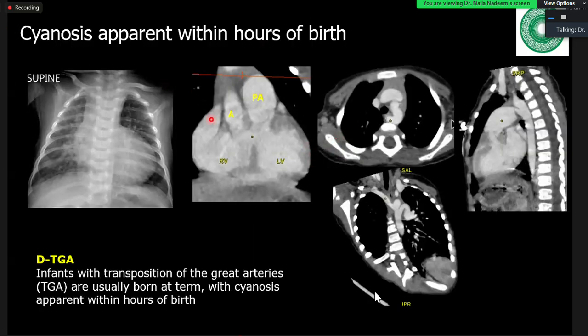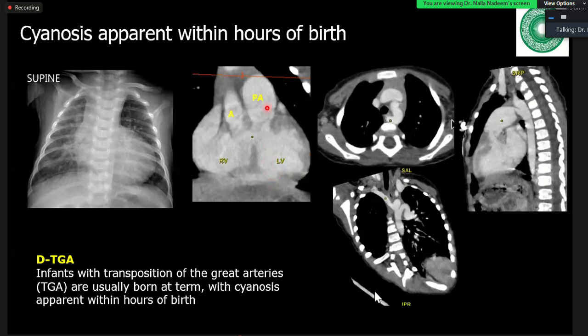Cyanosis apparent within hours of birth. Now, just look at the heart again on the plain X-ray. The student's favorite, a more typical boot shaped heart. However, the lungs are not that black. And when the cyanosis is apparent within hours of birth, if not known antenatally, think of DTGA, that is transposition